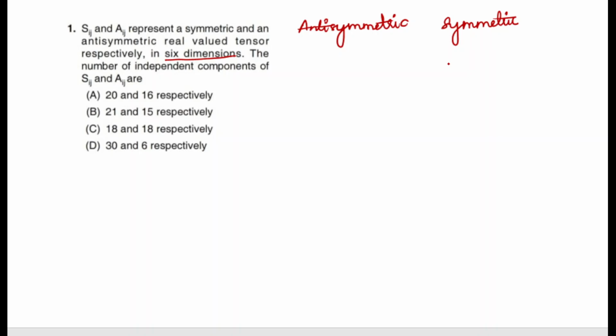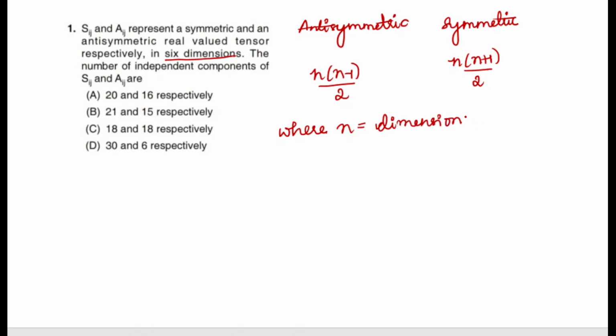Now for symmetric, the number of independent components can be found using the formula n into n plus 1 divided by 2. For antisymmetric, n into n minus 1 divided by 2, where n is the dimension. Here they have given it to be 6. Now substitute. Here n is 6. 6 into 6 plus 1 divided by 2. 2 ones are 2, threes are, so 7 threes are